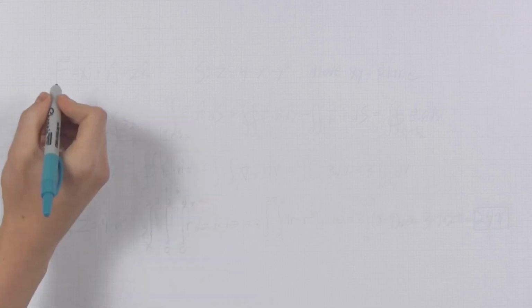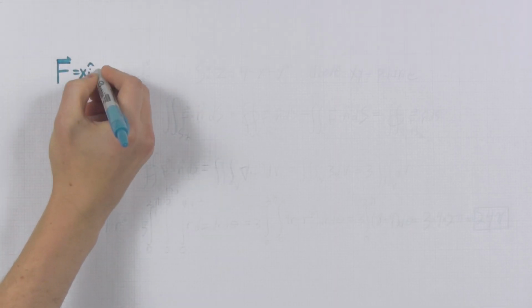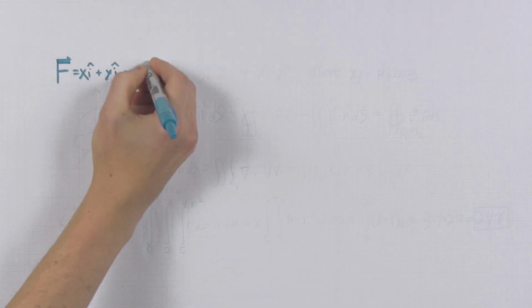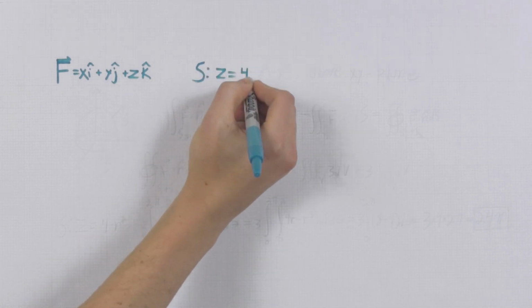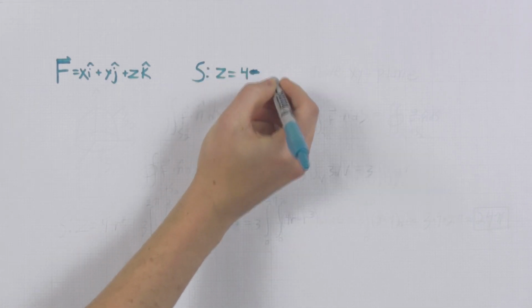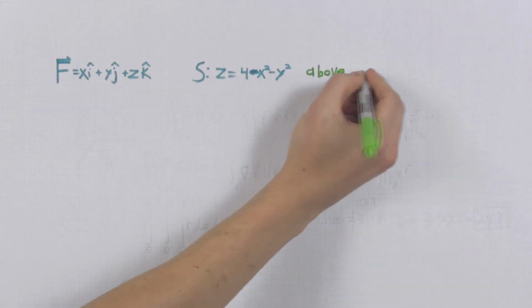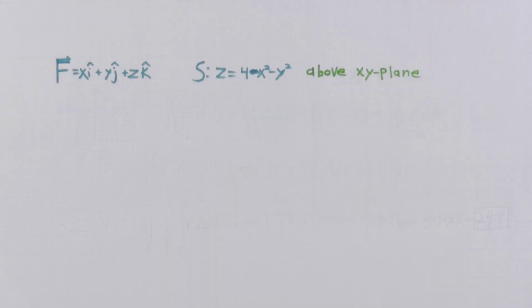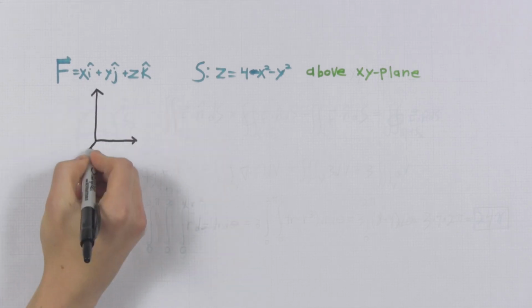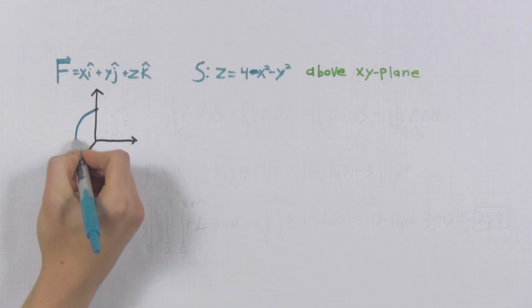As a final problem, let's look at making sure that our surfaces are closed and seeing if we can use this to our advantage in solving unclosed surface problems. Let's look at the paraboloid problem we had earlier with the same vector field F that we've been dealing with in all of our problems, and the surface S, z equals 4 minus x squared minus y squared, above the xy plane. Here is our picture again, and imagine that we close our surface with a disk on the bottom